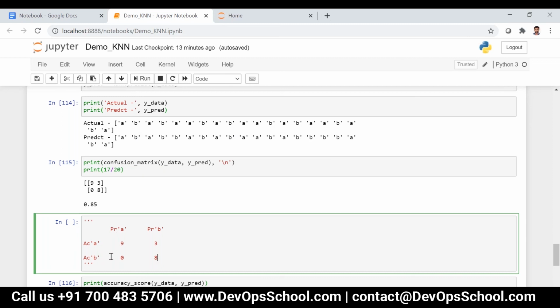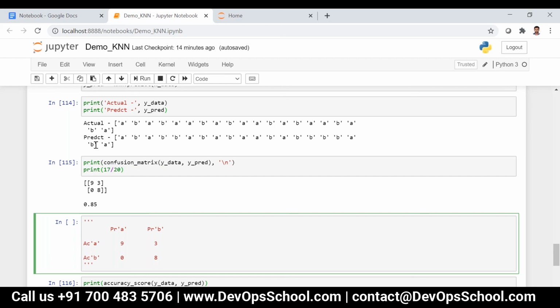And there should not be occurrences of BA at all. No occurrences. And then BB should be 8 occurrences: 1, 2, 3, 4, 5, 6, 7, and then 8. Okay, so this is how you have to take it.